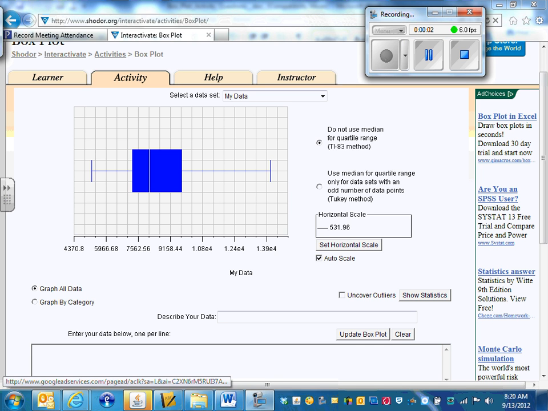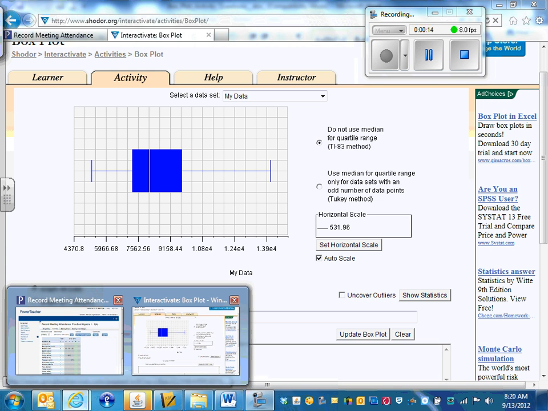Okay, so what we're demonstrating here today is the box plotter, and it's available on my website by clicking the box plotter link that's on my website. And if we back up for a second and look at that,